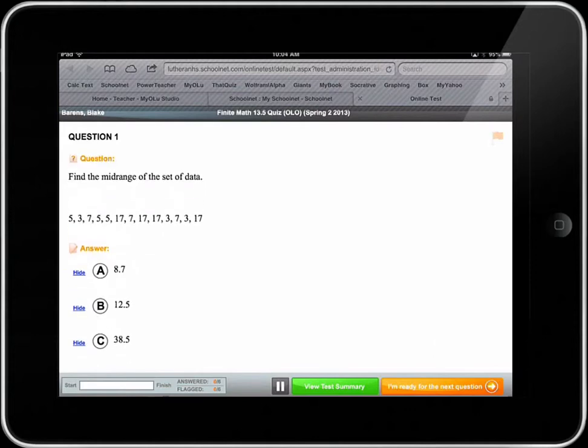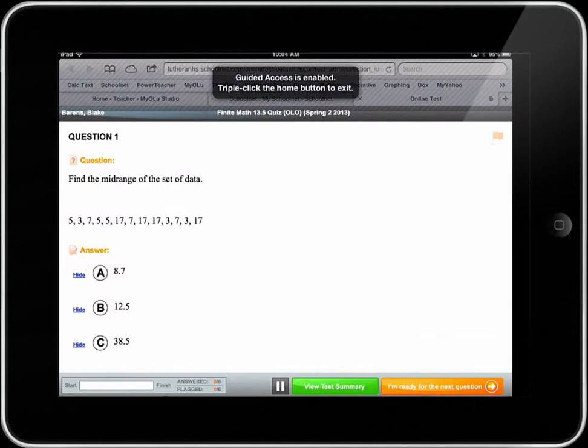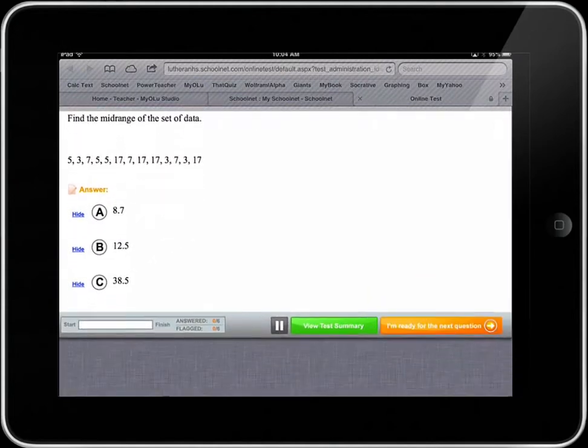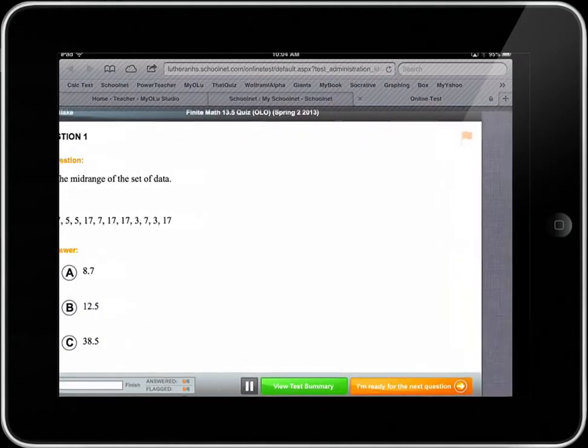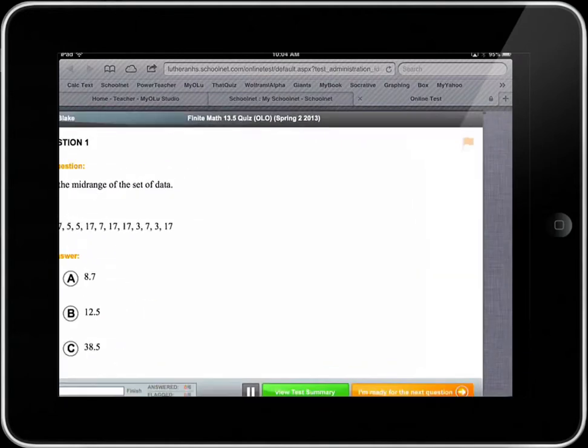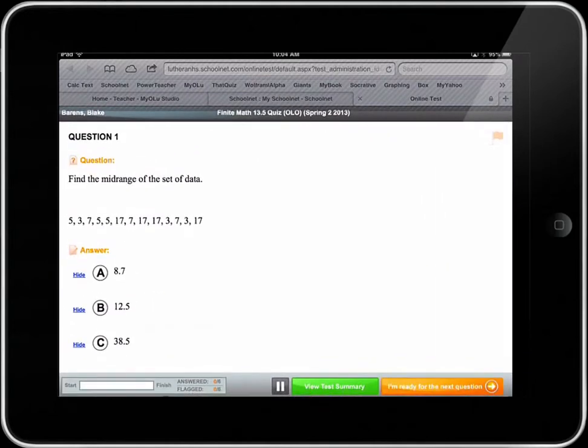Okay, and then they'd be into their test. Notice they can't access any other websites. If they push the home button, it'll show up this, Guided Access is enabled, triple click the home button to exit. I'm trying the 4-finger swipe to get to the rest of your open apps. It's not working. Okay, trying to swipe left and right to get to other apps. That's not working either. If I try to take a screenshot,